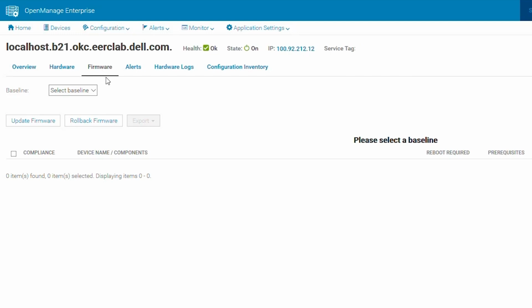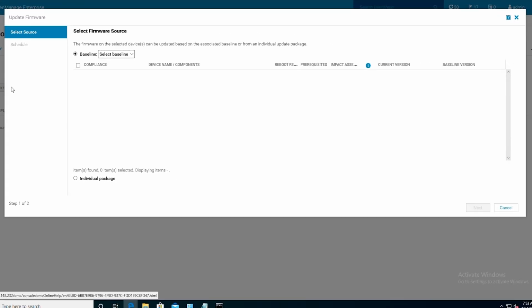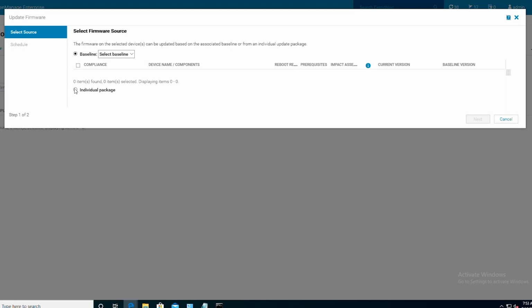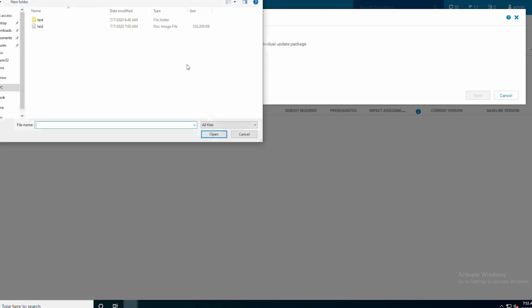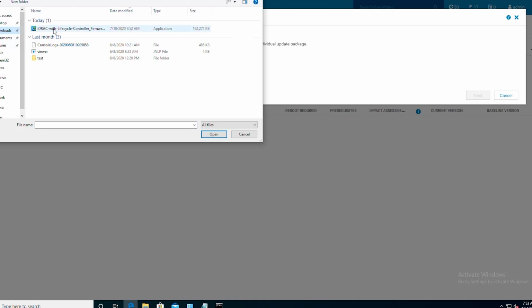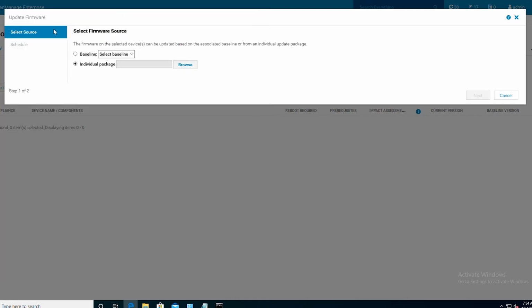We'll click on Update Firmware. Now we'll choose the individual package and we'll browse to that DUP file. I will be using the iDRAC firmware once again for this demonstration. It will take just a few seconds and then it will upload to the OME appliance.